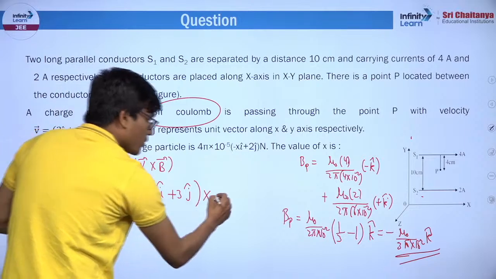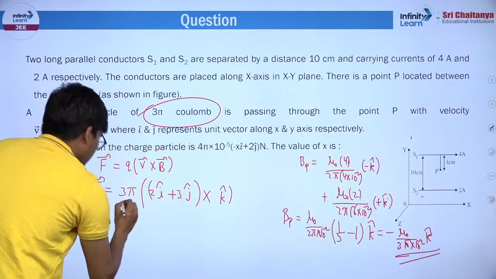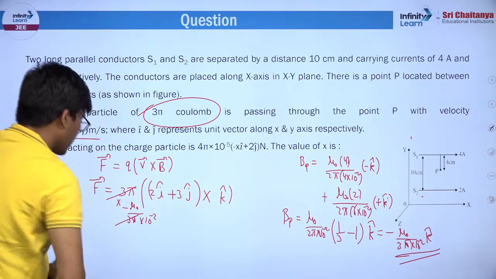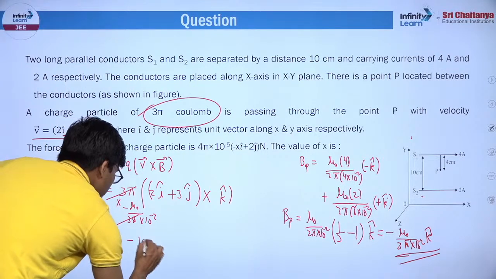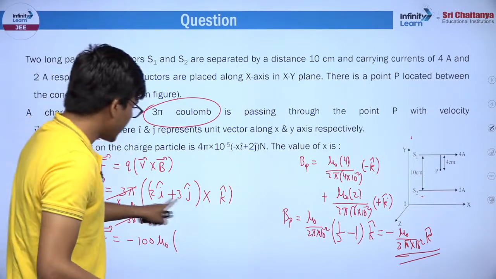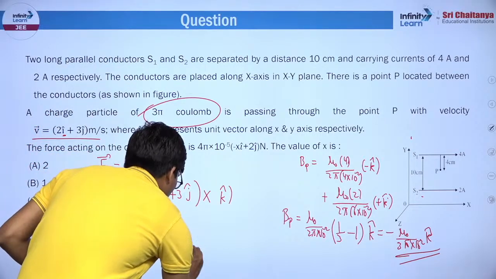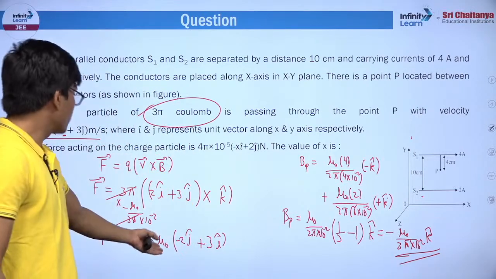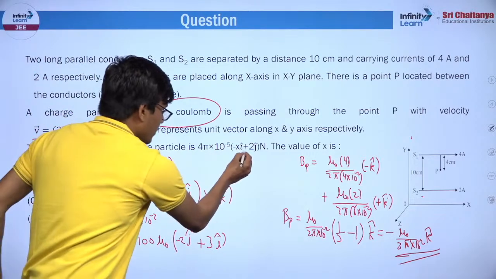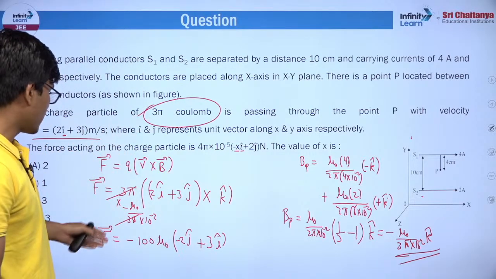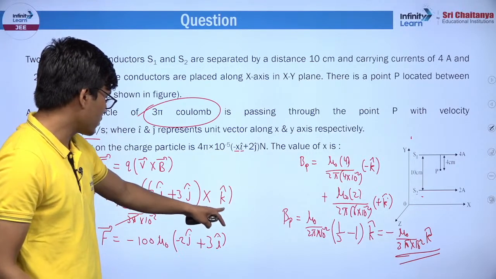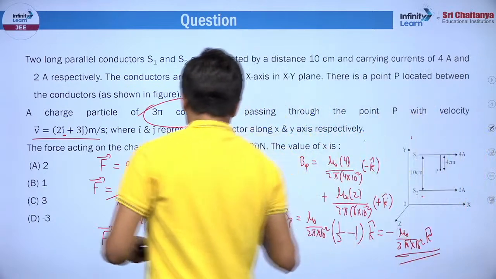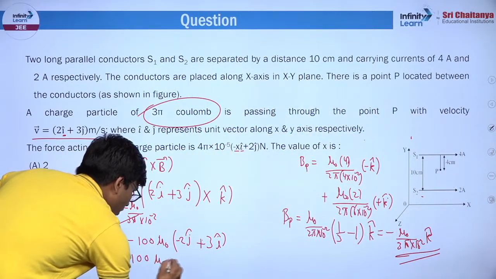So उस माइनस को पूरा बाहर ले लूंगा मैं अभी, just writing here k cap, है ना। एंड इस 3 पाई को मैं मल्टीप्लाई कर देता हूँ, माइनस mu naught upon 3 pi into 10 to the power minus 2, 3 pi से 3 pi गेटिंग कैंसल्ड एंड this F vector is minus 100 mu naught into, ध्यान से देखना भाई, i cross k क्या होता है, minus j cap, so 2 into minus j cap, j cross k क्या होता है, plus i cap, so this will be 3 i cap. मैं तो कहता हूँ फंसो मत mu naught की वैल्यू पुट करने में, यहाँ पे just see this expression, i का कोफिशिएंट is minus x एंड मेरा i का कोफिशिएंट कितना आ रहा है, i cross k ही दिया था ना, i cross k is minus j cap and j cross k is i cap, everything is fine I guess, है ना।